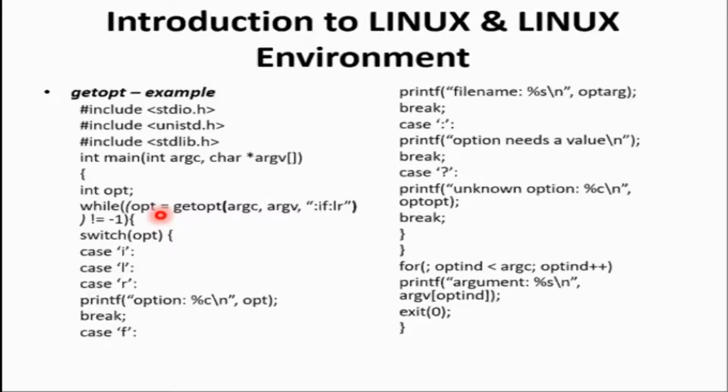So in Linux, in most of the cases, it is the same. That means if any program or any command is successfully executed, it returns only a positive value or it may return nothing. But if it is an error, it is going to return -1. You have to remember. So here the getOPT function takes three parameters, that is the count of arguments, the argument vector and the options. And here if this is not equal to -1, then we can go for the option.